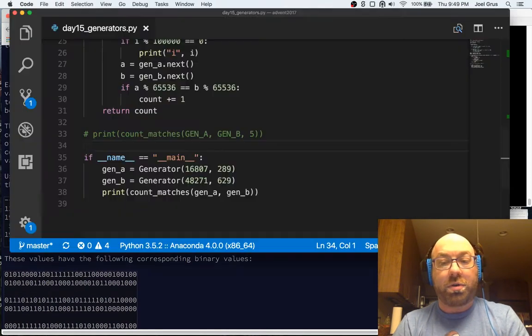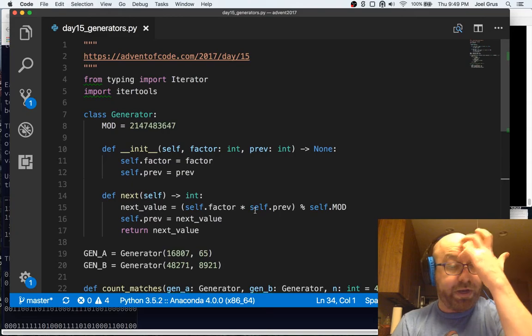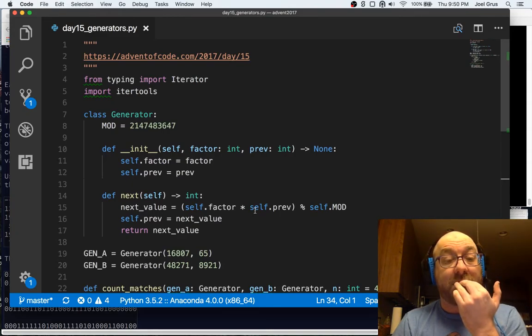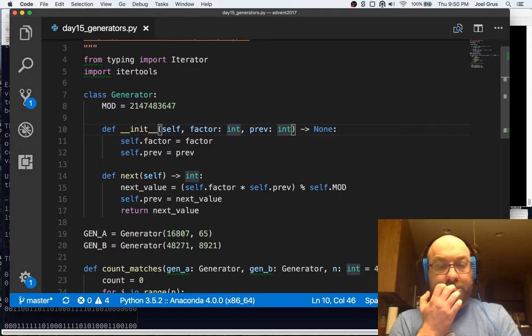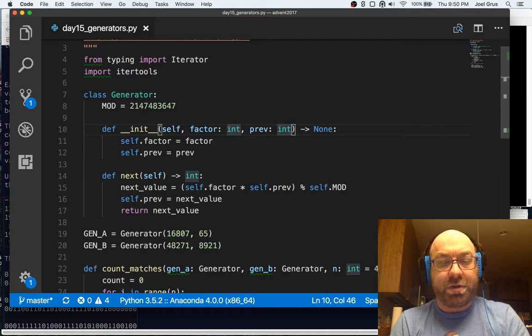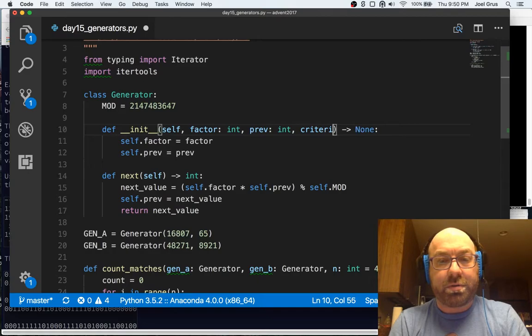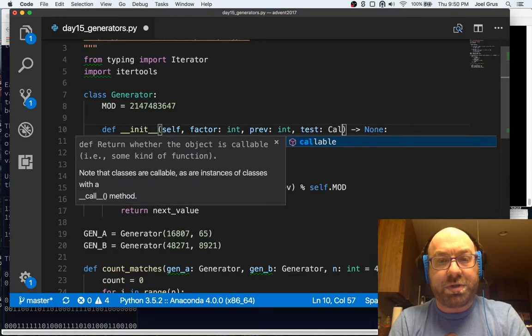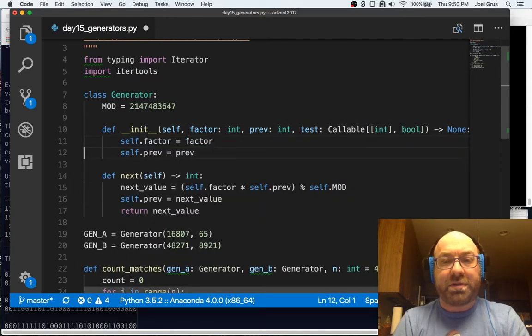Okay, so this is fine, and so what I'm going to do is I'm going to say as follows. Generator is going to get criteria, or I call it a test, which is a callable from int to bool. So we're going to give it a test, which is a function from an int to a bool,